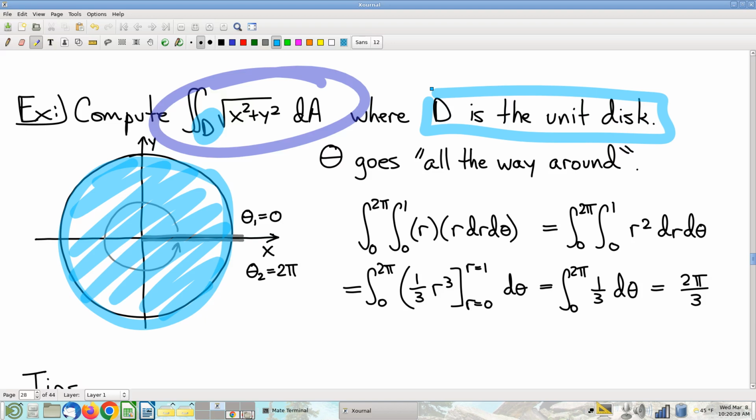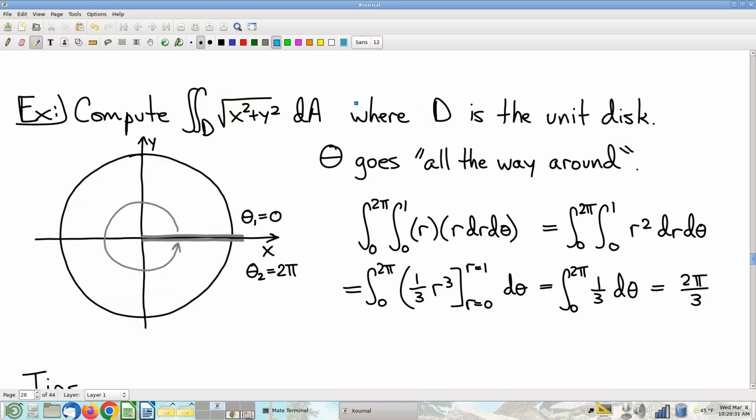So instead, we do it in polar coordinates, aka I'm going to pull back through the polar coordinates conversion formula function, except instead of drawing that, I'm just going to do all my slicing on the xy plane domain that I already have. So, as usual, dx dy is r dr d theta,